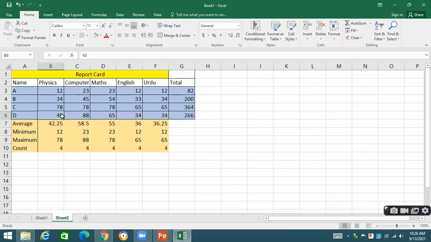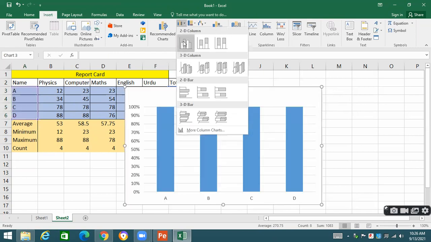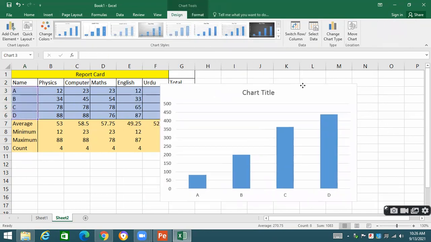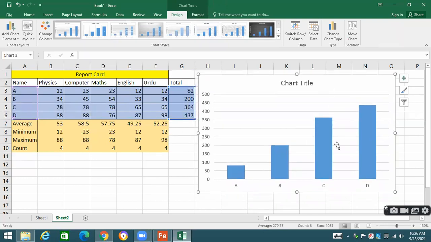Okay, let me raise these marks over here. If I say this is 88, I select these names and I select this total. I go to the Insert menu. Now see over here, some students have got fewer marks, some have got more marks.